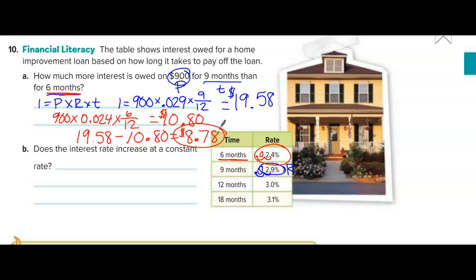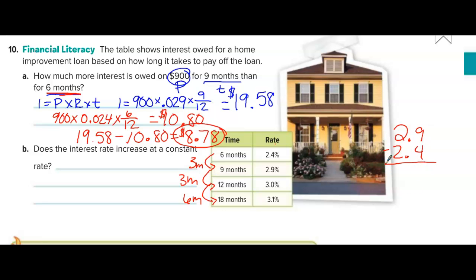Okay, part B says, does this interest rate increase at a constant rate? So if I'm looking at the amount of time, each of these increase 3 months. Well, 6 to 9 is 3, 9 to 12 is 3, but then this one would be 6 months. My rate from 2.4 to 2.9, to figure out the difference, I would take 2.9 minus 2.4, and the difference between the two ends up being